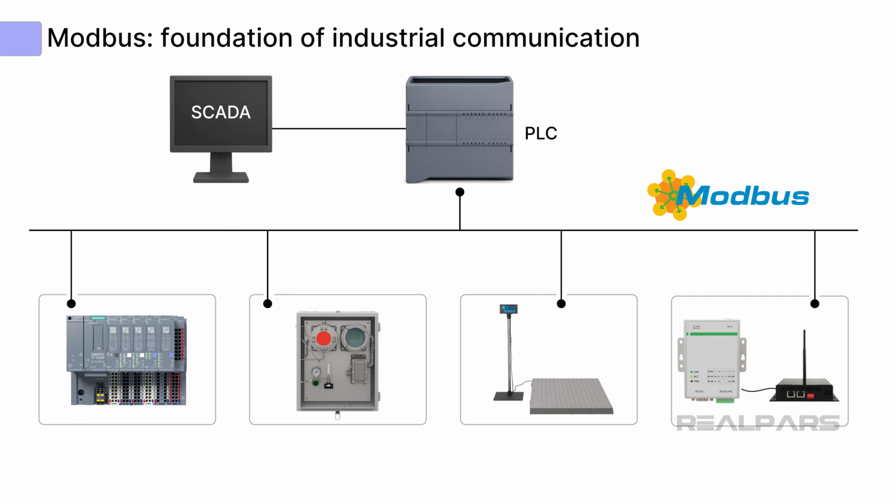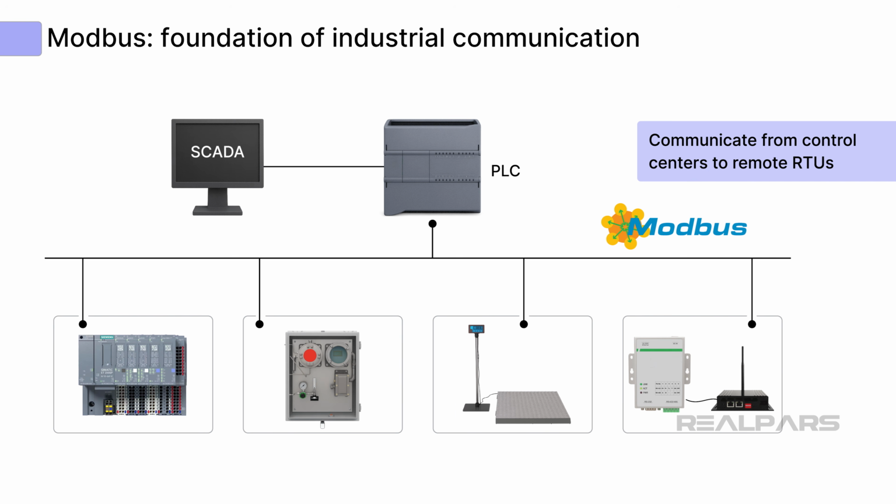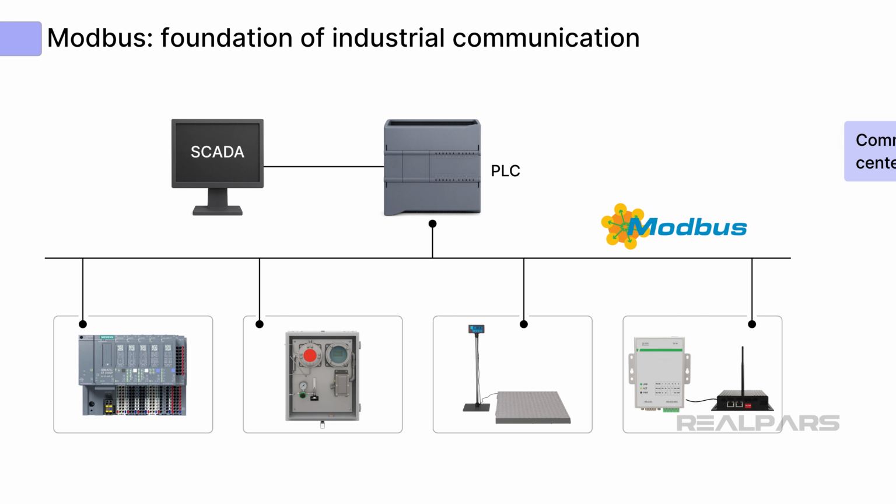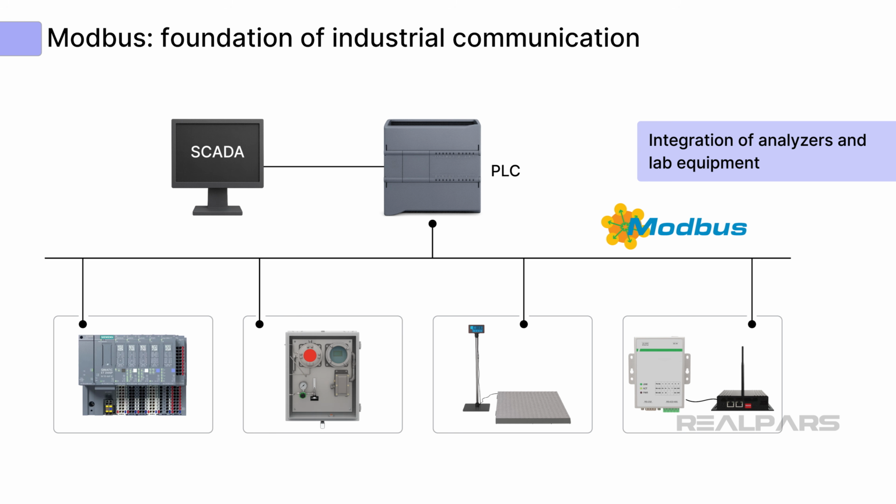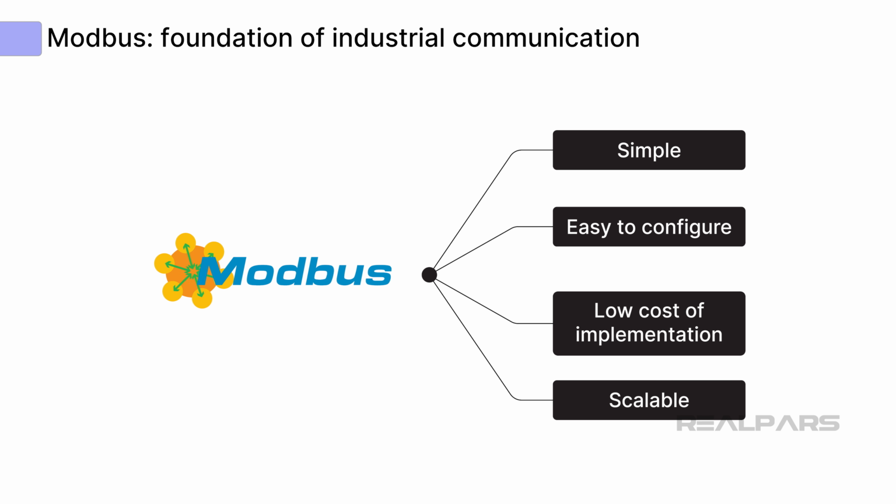In the oil and gas industry, Modbus is most often used to: 1. Communicate from central control centers to remote sensor terminal units, called RTUs. 2. For integration of control components, such as controllers and PLCs, into SCADA systems. And 3. For integration of analyzers and lab equipment. Even after 40 years, Modbus remains a popular communication protocol due to its simplicity, ease of configuration, and low cost